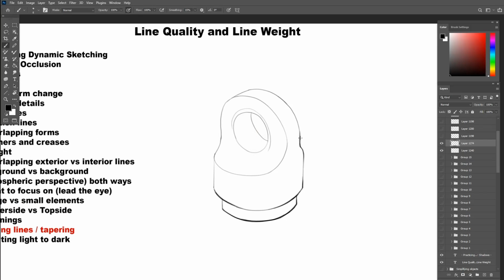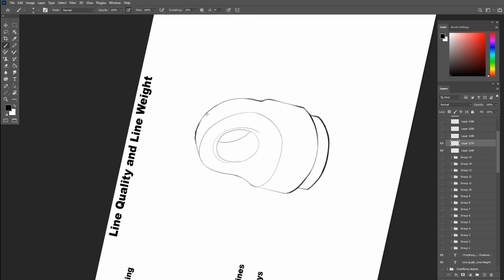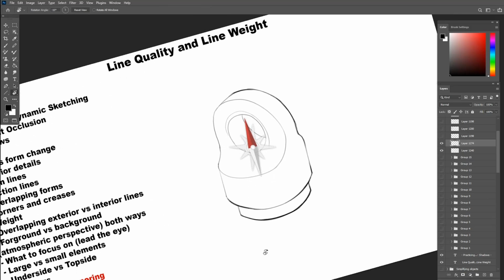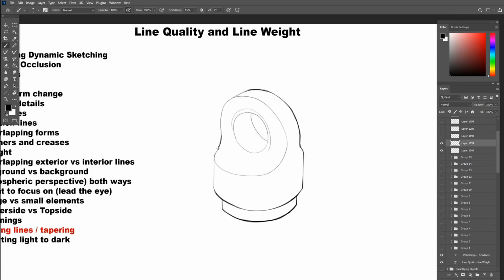Same for the edges on the outside. They will start a bit thicker and start tapering off. The thick parts will be in the shadow parts, the corners, the creases, and so on, like we saw before. And they start tapering off as they turn into the interior lines as we see here in the main body.